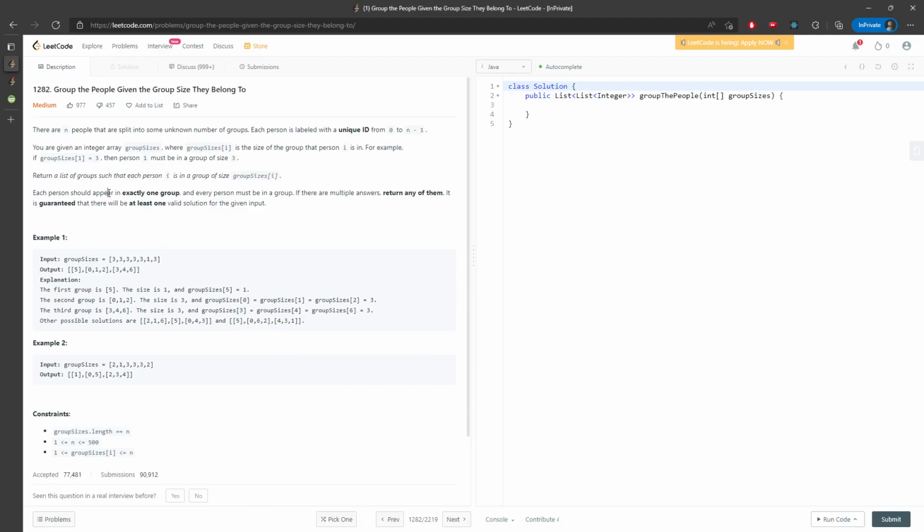Hi everyone, so let's talk about grouping people given the group size they belong to. You're given an array and each value represents the size of the group. So this represents size of 3, size of 3, size of 3, right? So index 0, 1, 2 can group together. If there's another size of 3, you need to group another one because this is a size of 3